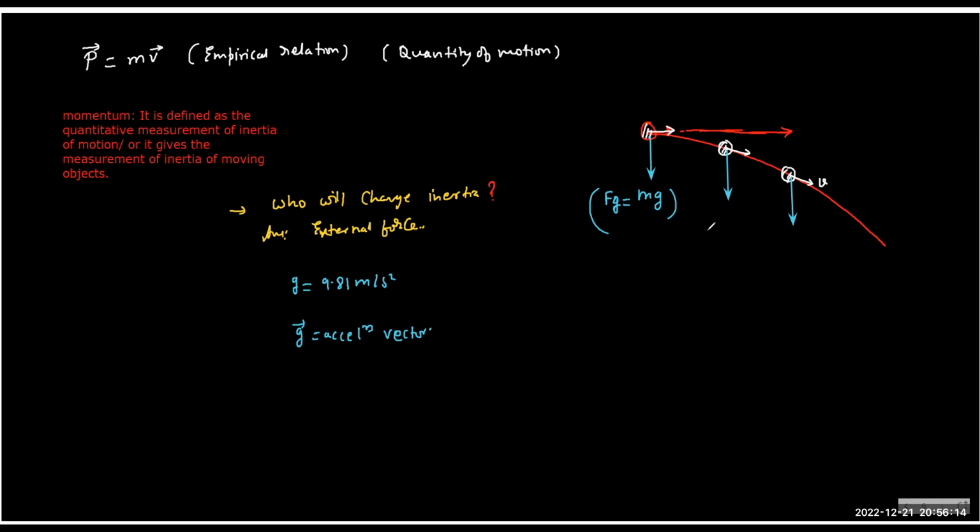The force applied. The applied unbalanced external force, right? The applied external unbalanced force is the reason behind the momentum change, isn't it? But Newton defined the reverse process. He said that the rate of change of momentum is directly proportional to the applied unbalanced external force. And he said the next line, which is difficult. If you try to find the direction of the delta P vector, the direction of momentum change will be in the direction of the applied force. And if you combine this entire literature, it becomes the second law.